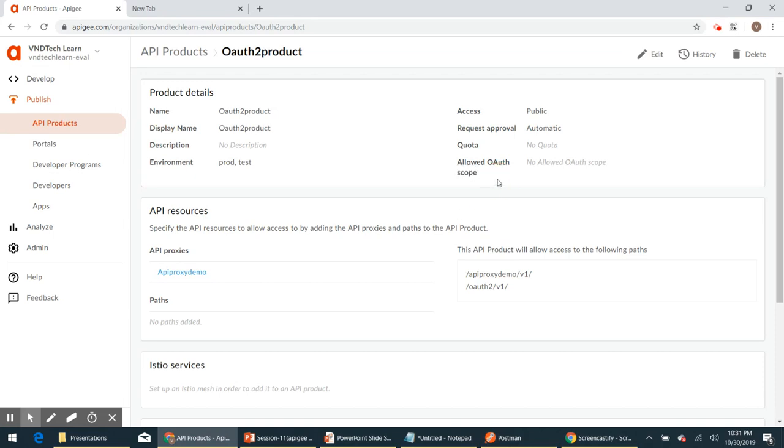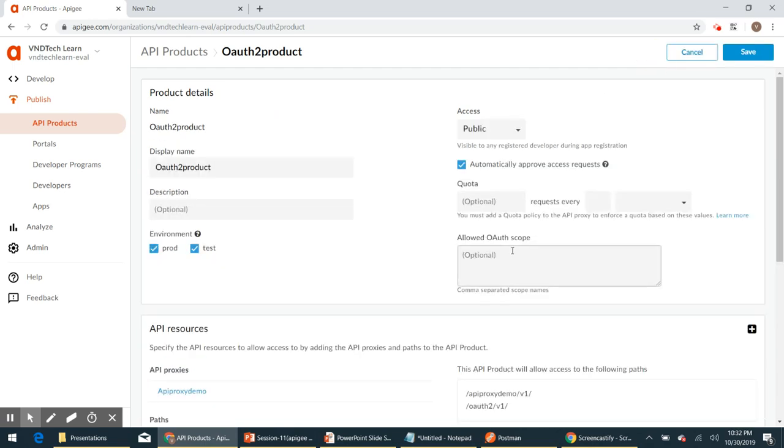So let's add some scopes to our API product. In order to do that, let's edit this product and add scopes here. I'm going to add three scopes. For example, guest, customer, and admin. When we try to add more than one scope, we'll have to specify them comma separated. So with these changes, let's save our product,